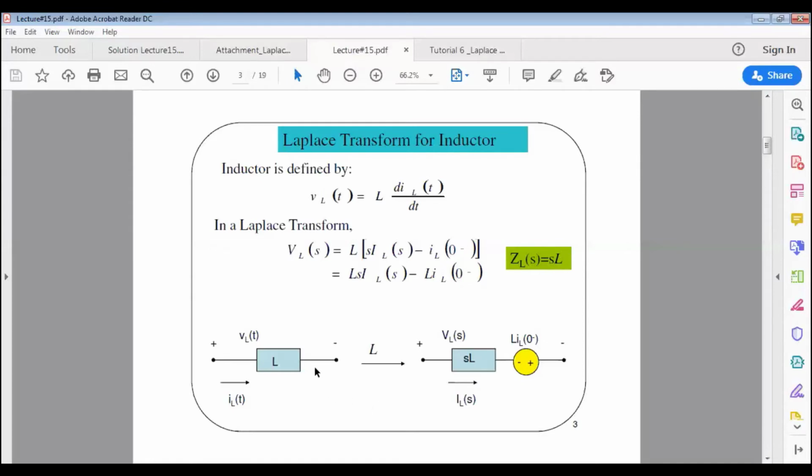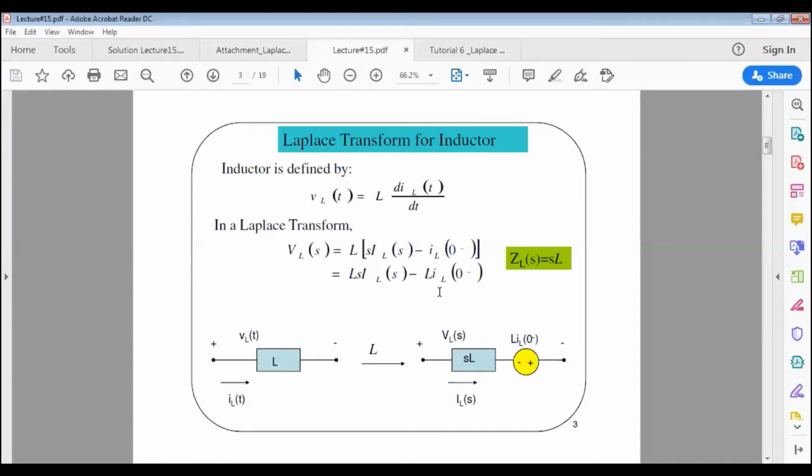Let's have a look at the circuit. The inductor in time domain looks like this: V_L(t) is the voltage across the inductor, and i_L(t) is the current through the inductor. When this component is transformed into the Laplace domain by applying this equation, V_L(s) is the voltage across the inductor from positive to negative, and I_L(s) is the current flowing from the positive to the negative terminal. From the equations here, sL is the impedance. Then we have L times I_L(0 negative), which is